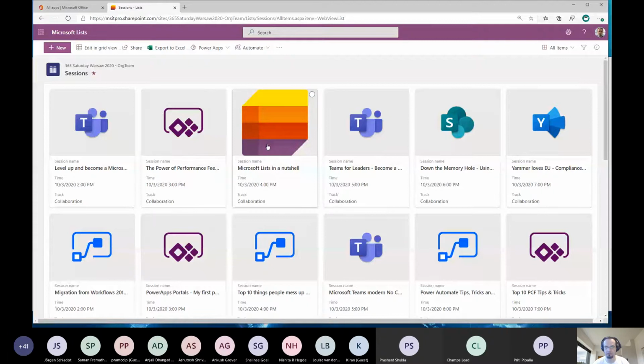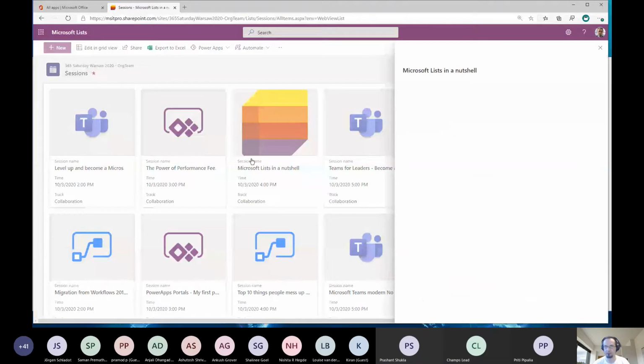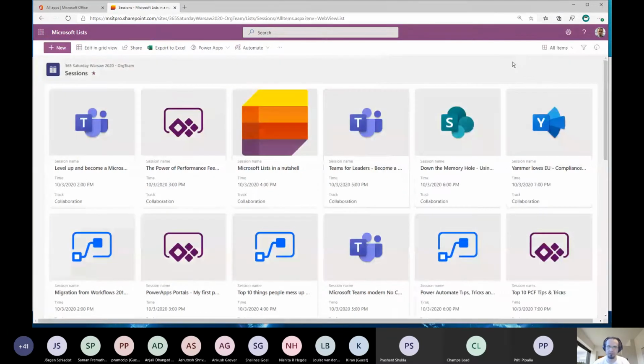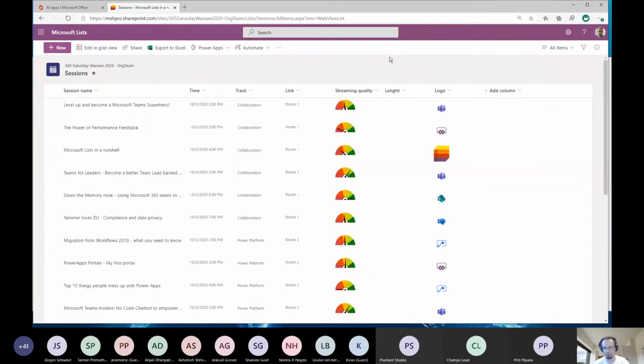Of course, if I click on that item, I will get the form with all the information in my form. But there's of course an option for power users, or users that require more formatting options.